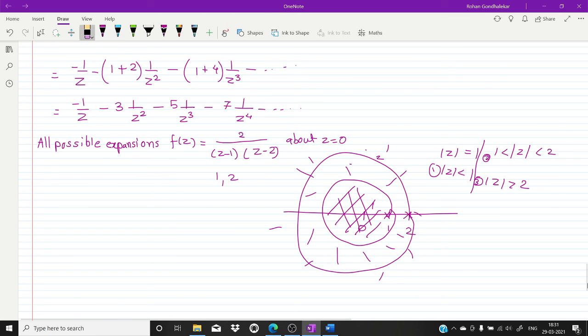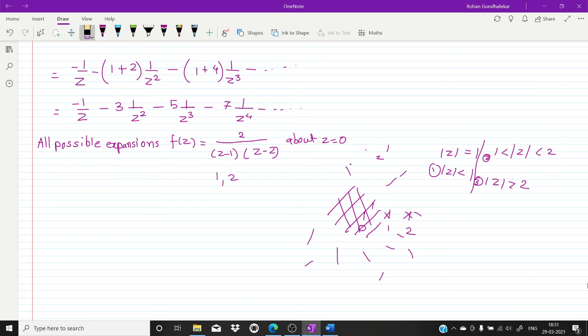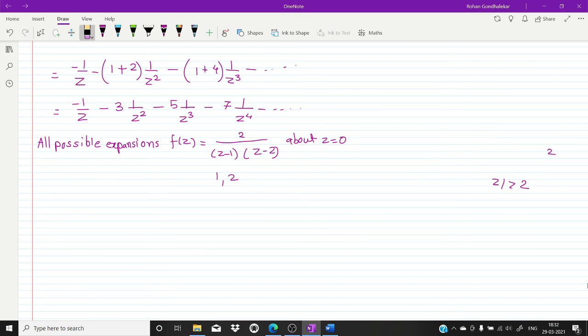So try to solve this problem and post your answer on the WhatsApp by today evening. And I am expecting that everyone will try to solve this example. If I am getting a reply from everyone, then only I am going to post a few more videos on Laurent problems, because this is a very important concept from your examination point of view. And second thing, problem solving is quite easy once you get its trick.